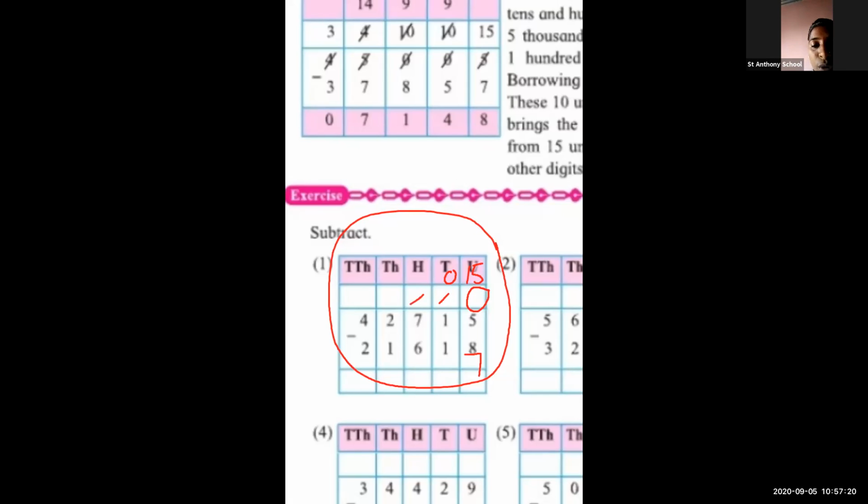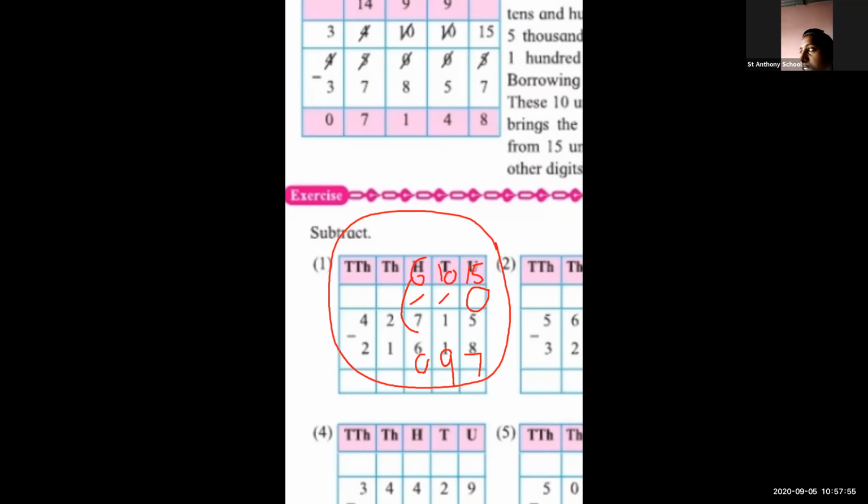From 7, you want to take 1 here. Remaining is 6, because 7 minus 1. 1 is going to the tens column. So 7 minus 1, remaining is 6. So again you want to do the subtraction, 10 minus 1. What is the answer, 10 minus 1? It's 9. Again 6 minus 6. From this 6, this 6 minus 6. Your answer is 0. Good.